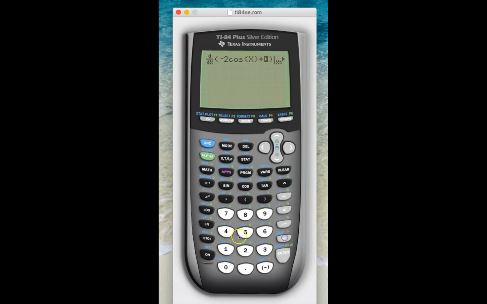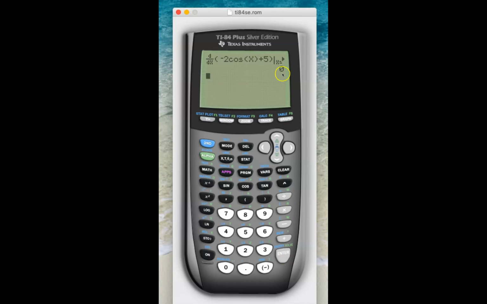And then plus 5. Sorry, I had to add a parenthesis after the x because we don't want to add 5 inside of cosine. That would be wrong. Also notice that I'm using x instead of t because that's what your calculator understands as the variable. And then x is automatically right here, and then you just type in pi because that's what we're taking the derivative with respect to. So I have to hit second and then pi, and then enter,